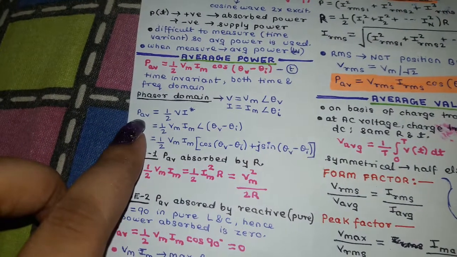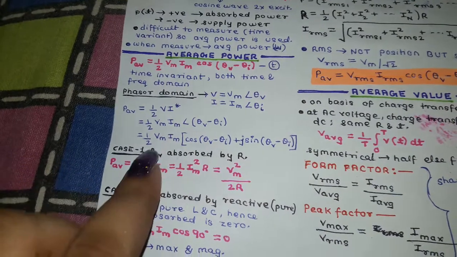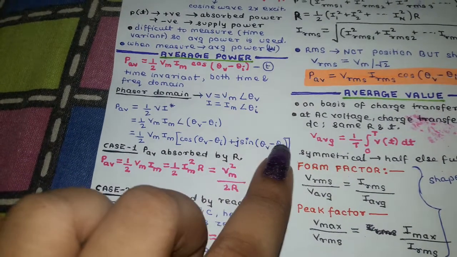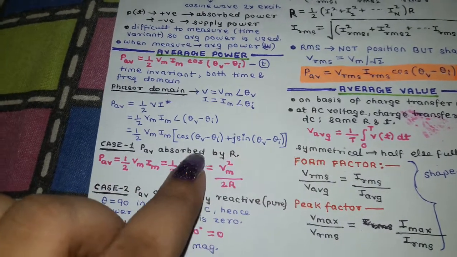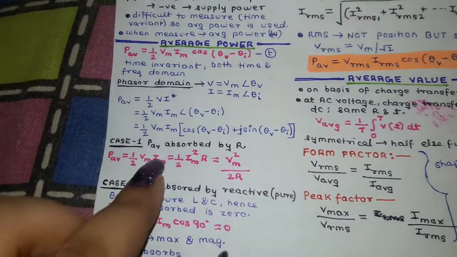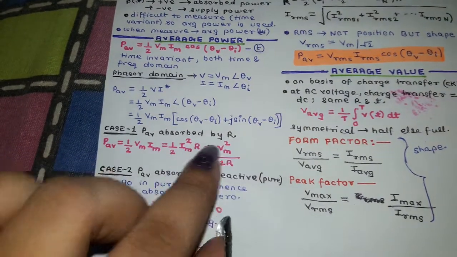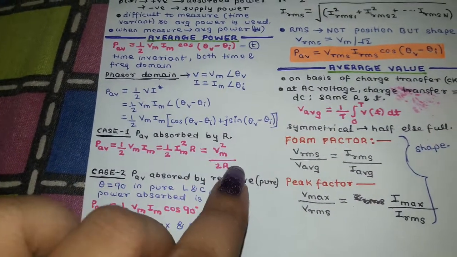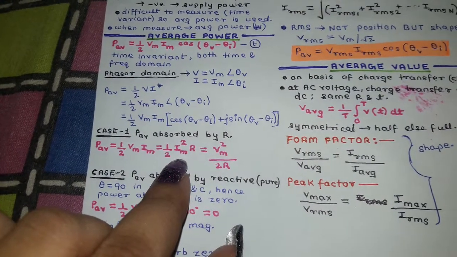The average power is defined by this formula or this formula or this formula, depending upon what is the nature of a numerical and what data is provided in the numerical. Let's talk about if power is absorbed by a resistive element. This is the formula. Okay, you can use any one of it depending upon what is the data given in